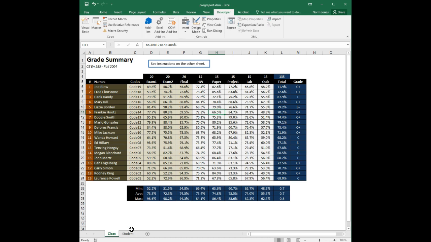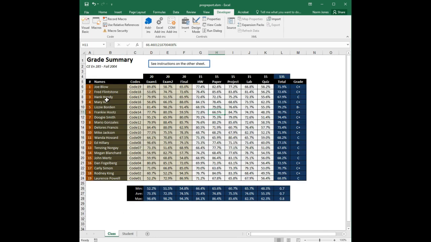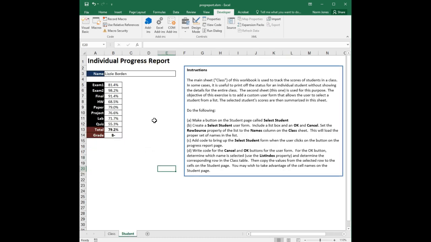And we have this second sheet, and the way this works is we want to pop up a custom user form that presents the user with a list of the students on this column B on the first sheet, and then the user would then select one of those students and click on the OK button, and then we would fill in the name in this cell, the selected name, and then we would copy in the associated scores from